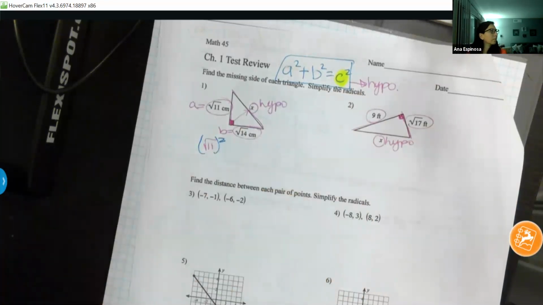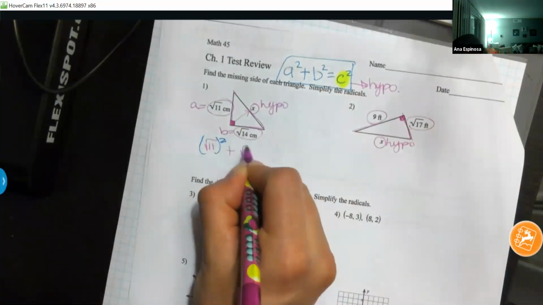squared. Oh my, what was that for? Do I have a meeting? Plus square root of 14